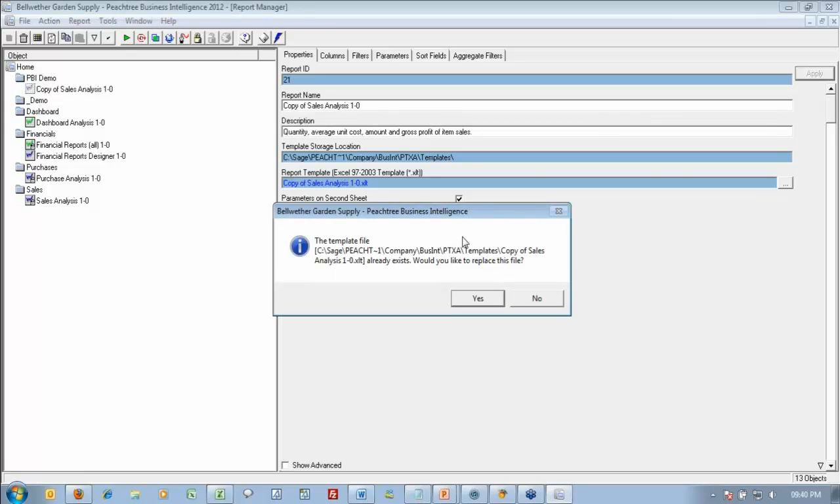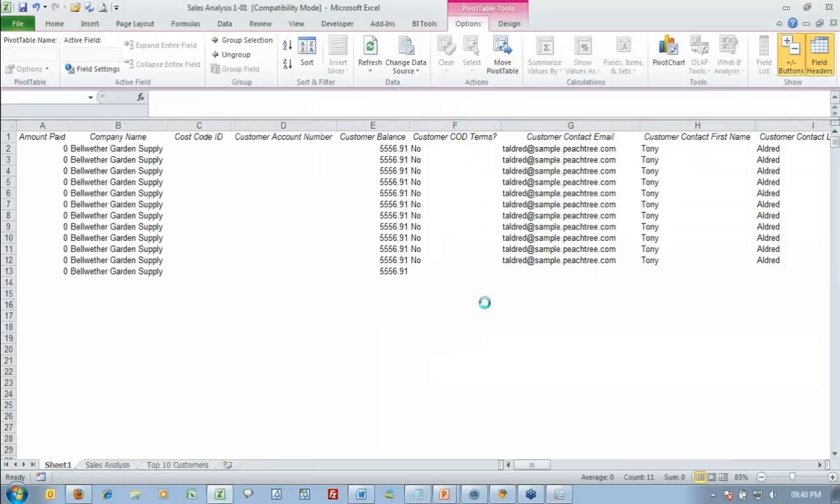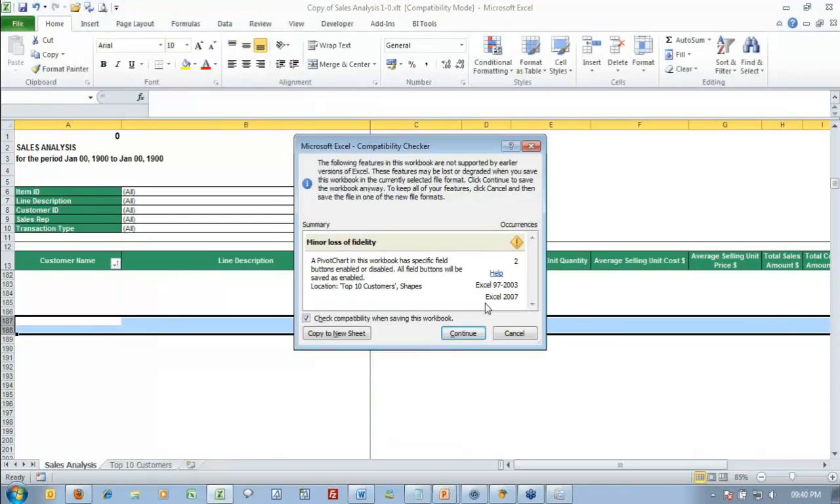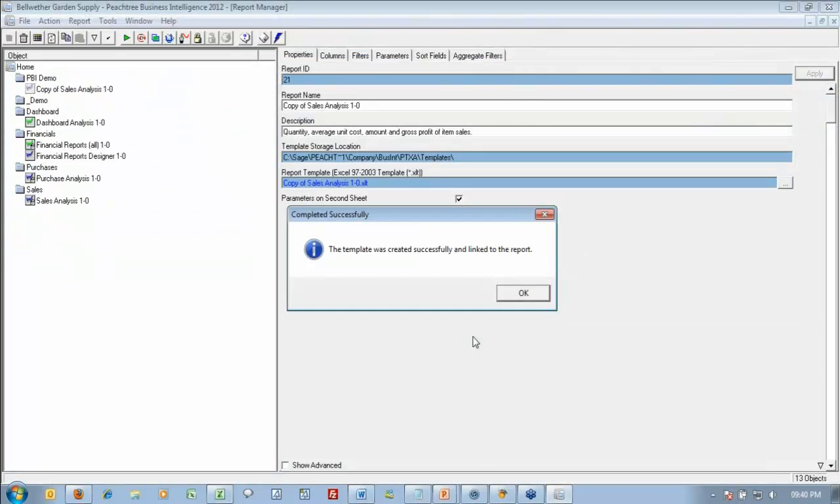It tells me this template already exists. Do you still want to do this? Absolutely. Now, my screen will flash very, very quickly. You'll be able to see it on the video that all of the raw data was deleted, but the structure of the pivot table stayed. The pivot table was effectively empty, but the structure of the pivot table stayed. To show you that,